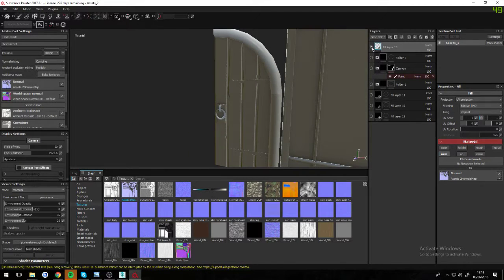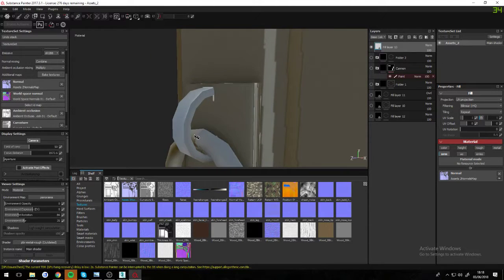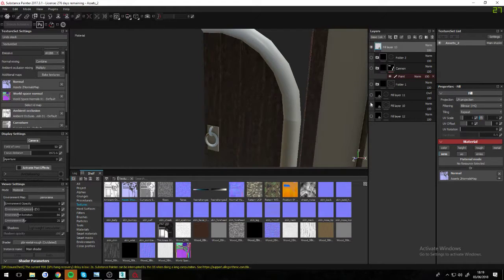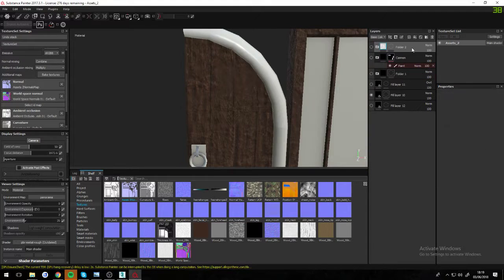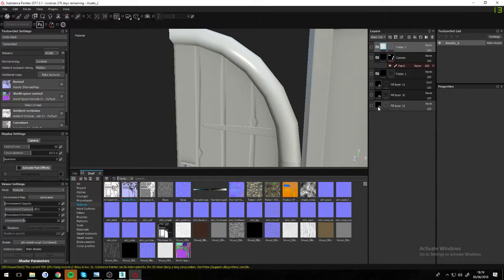However, oh, I remember why. It also affects everything else. Although I could have just masked that, but yeah, as you see, it makes it a bit darker. It doesn't actually affect it too much. That probably would have helped. Well, with the benefit of hindsight, that's what I would have done. Alright, so first of all,